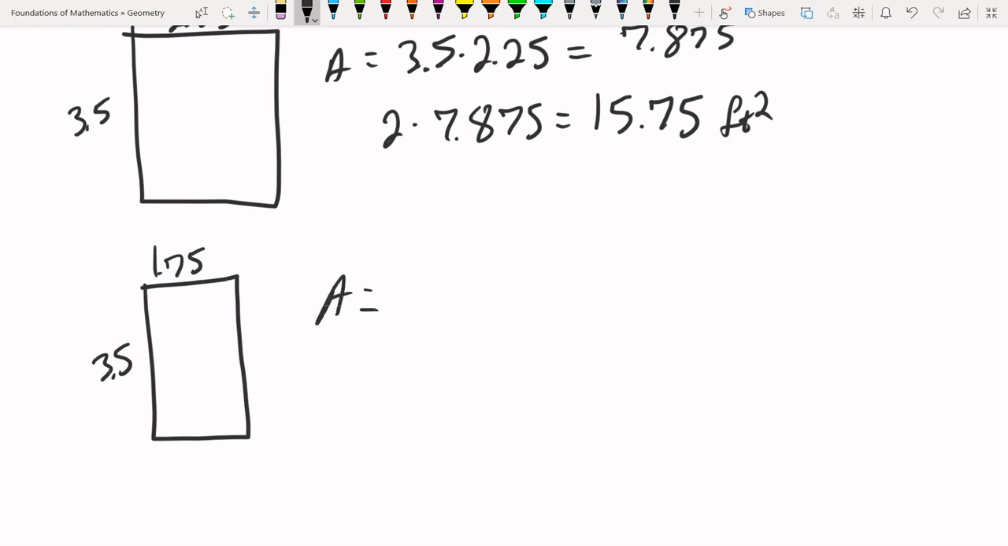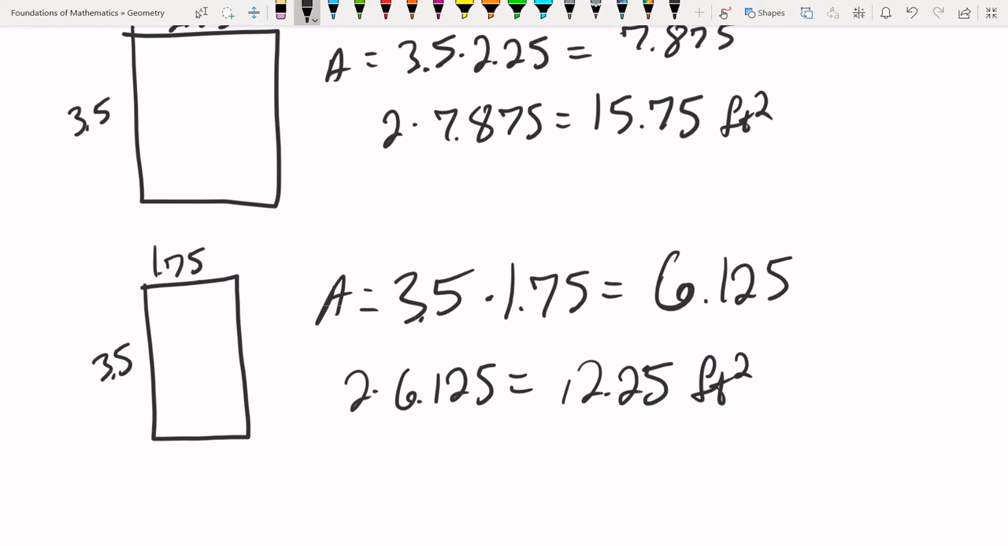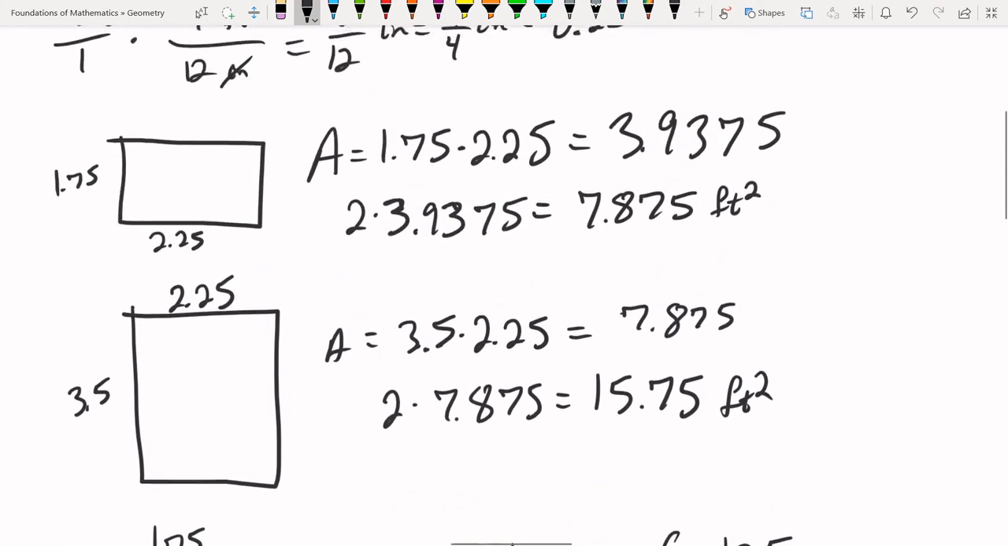So the area equals 3.5 times 1.75, which equals 6.125. And we once again have two of them. So times 2 gives me 12.25 feet squared. So adding up all of our side measurements, we need